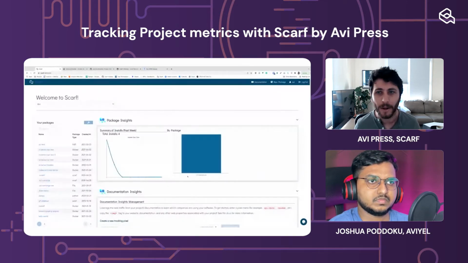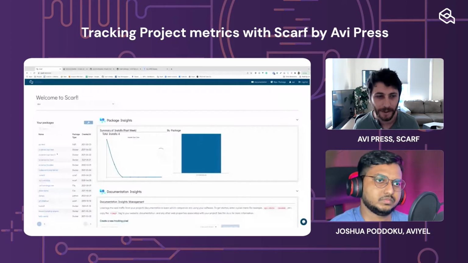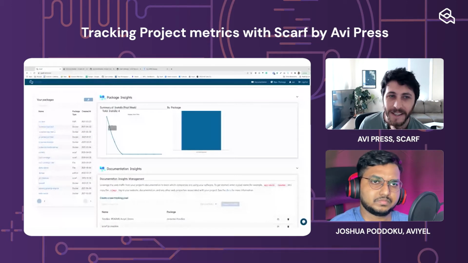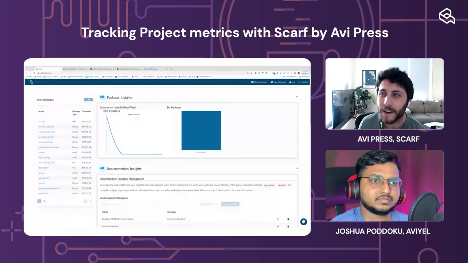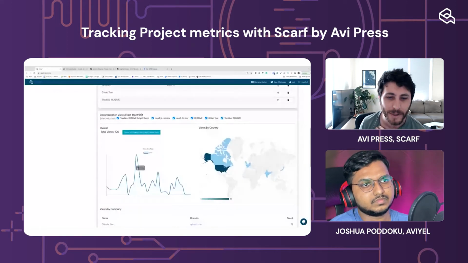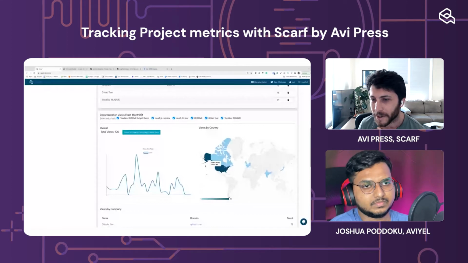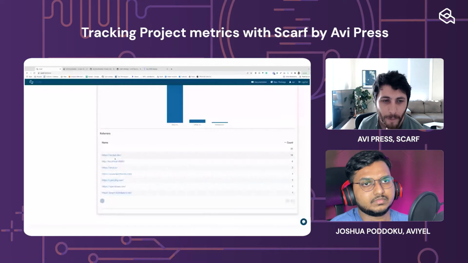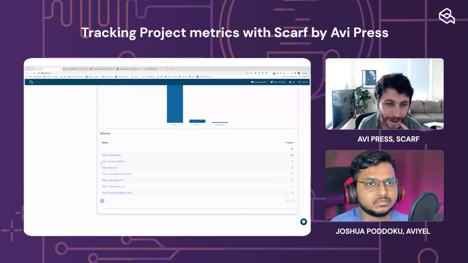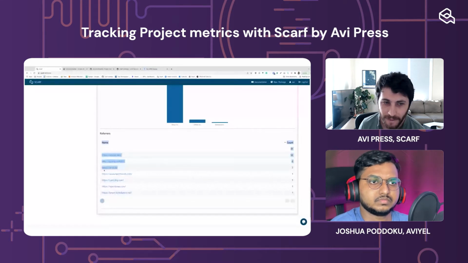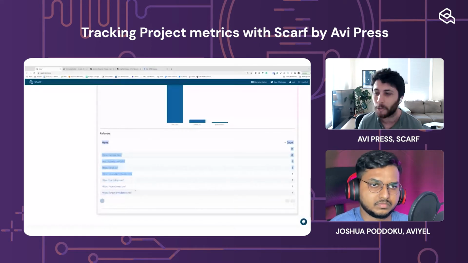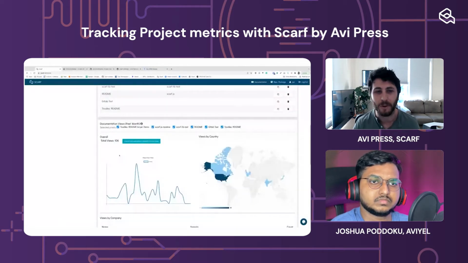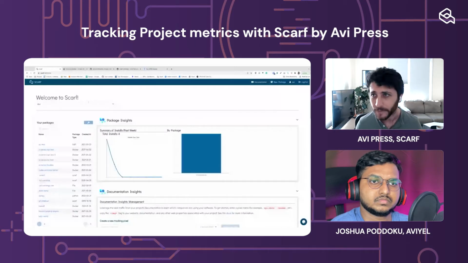And so from the dashboard, this is mostly just dummy data in my account, but you can see at a high level: are your installs trending up or down? What packages are getting installed the most? Where are your pixels being loaded? From what companies? All that good stuff, and even what pages. And so I can see that my docs are getting loaded on socket.dev, snyk.io, npm trends, yarn package, openbase, a lot of different places here. And these are just a few pixels that are out there right now.